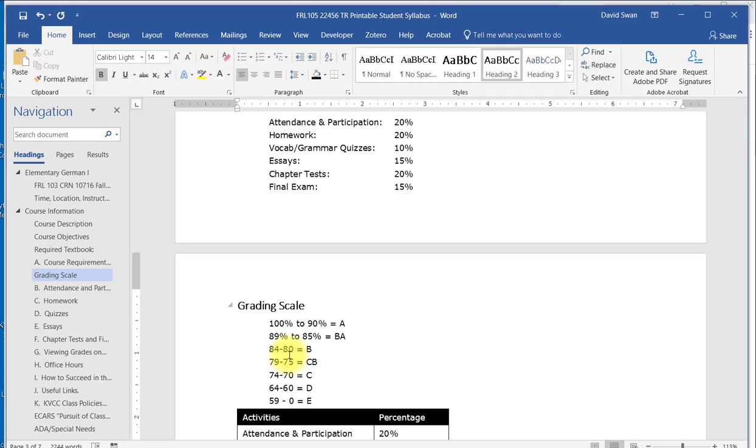Here's how it sounds in the screen reader. We'll go down to this first line. 100% to 90% equals A. And then we'll go to the second one. 89% to 85% equals BA. Now notice the difference. 84-80 equals B. 79-75 equals CB. As you hear and as you can see, how you write things out can make a difference